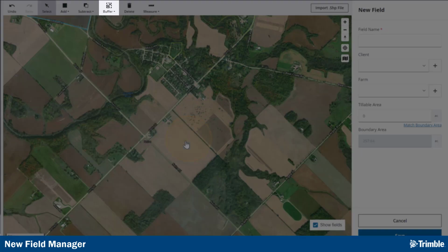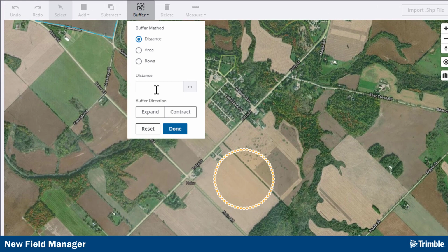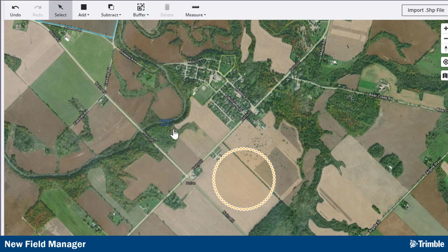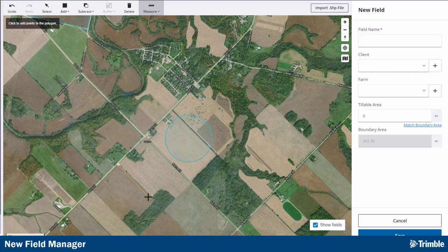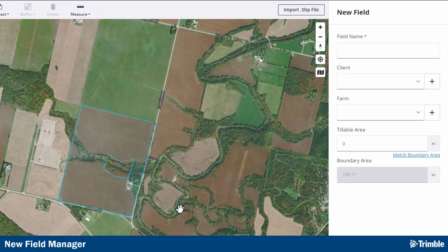A buffer feature to expand or contract the boundary based on distance, area, or rows. And an enhanced measure tool that will now allow you to measure area along with distance. Once you are happy with the boundary, we now need to move over to the right-hand panel to enter the